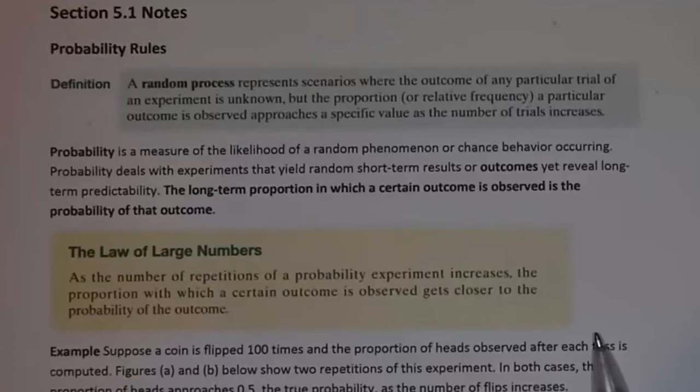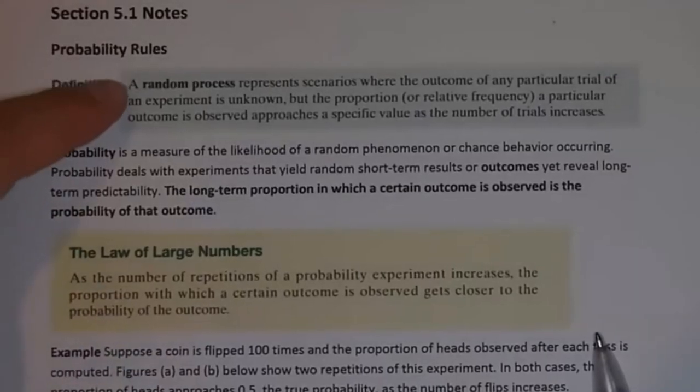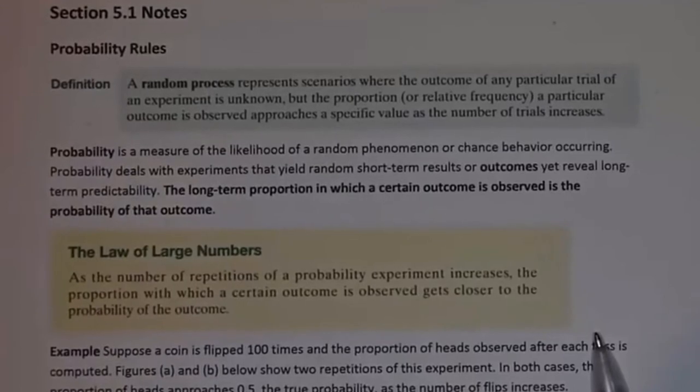But if I flip a coin right now, I don't really know which one it's going to land on, right? So for a given instant, the outcome's random. I can't tell you if it's going to land on heads or tails on a particular flip. But what I can tell you is if I flip the coin a bunch of times, half of the time it's going to land on heads and half of the time it's going to land on tails. That's the idea that we're getting at with this random process.